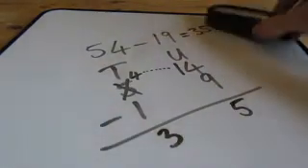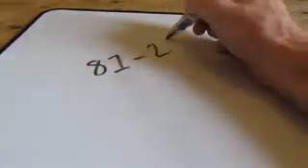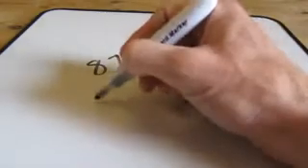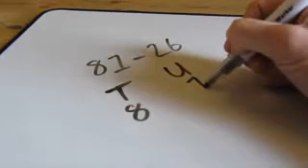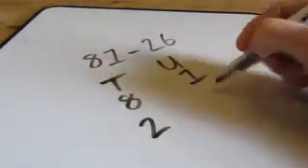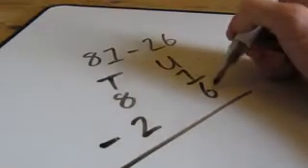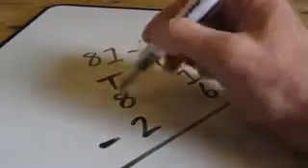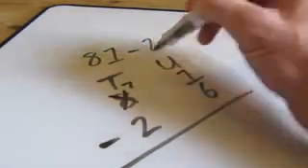We'll have another look at borrowing with 81, and this time we're going to subtract 26. So we have our tens and our units column. We've got 81, we've got 26. Again, 1 subtract 6. I've got 1 sweet. Can I eat 6? No, I can't. But what I can do is I can borrow from my 8 tens, leaving me with 7